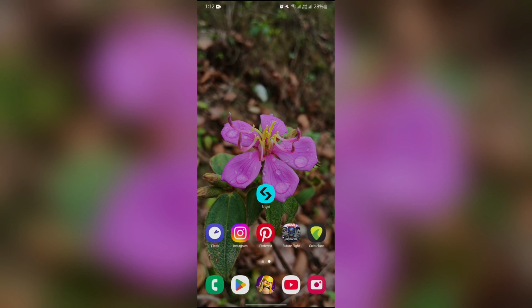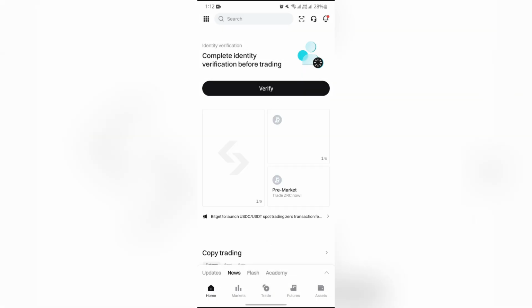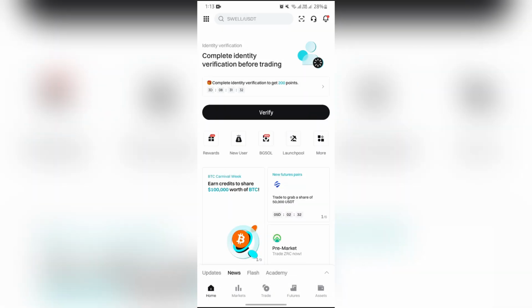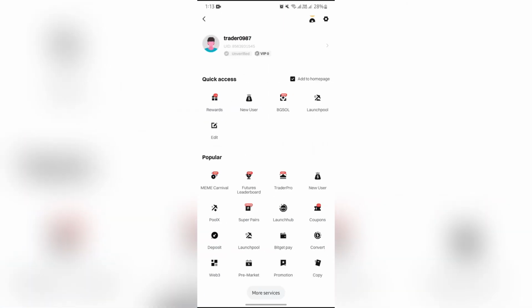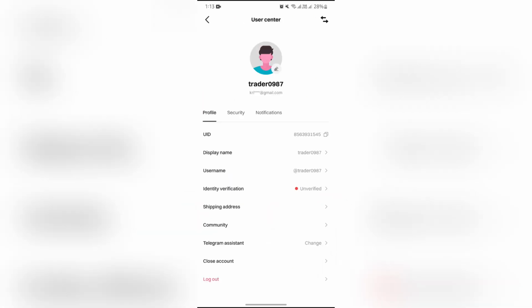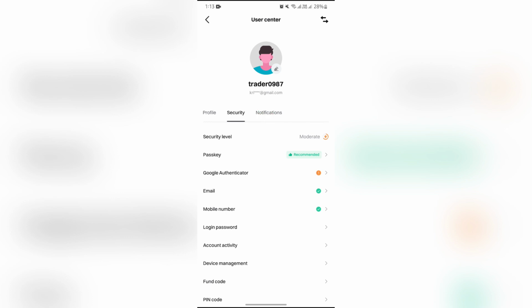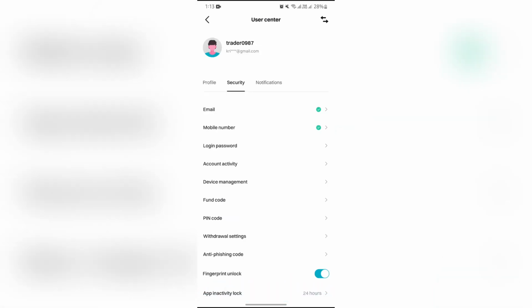Now in order to do that, you simply have to open your Bitget application, and after opening the Bitget application you will simply have to tap on this dotted icon in the top left corner. Just tap there, and after that select your profile. Now after selecting your profile, just go over to the security section. After going into security, just scroll all the way down to the bottom, and after that you will get this